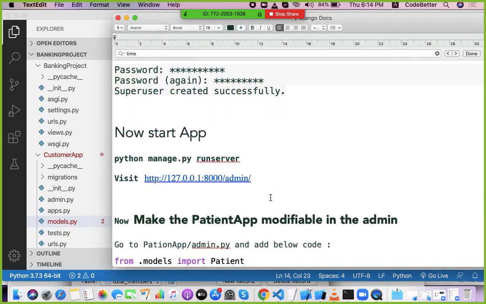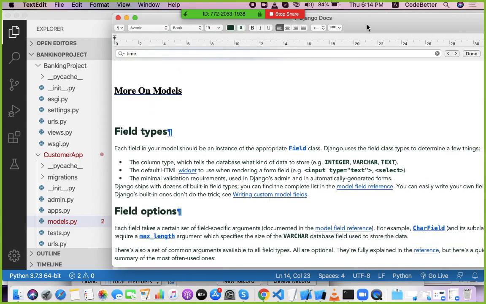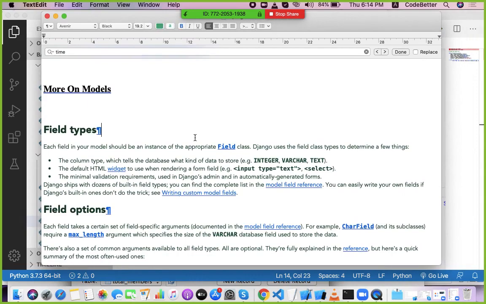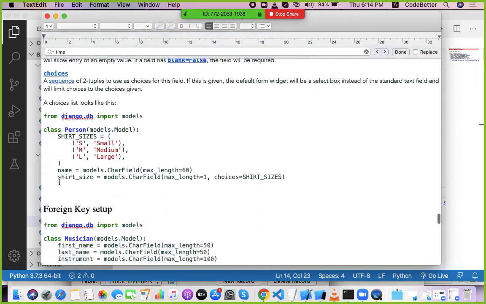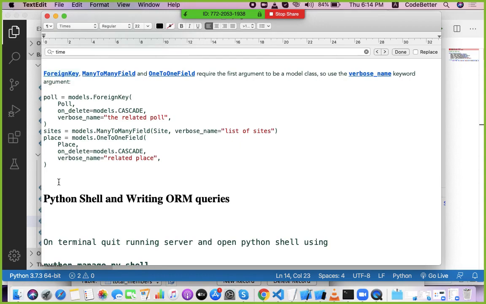After creating the database and adding some data, let's have a basic idea of the different concepts involved in creating models. Let's just read it once: the basic idea of how we create the models and how we set up the foreign key.